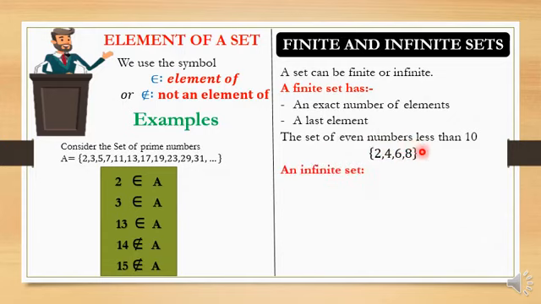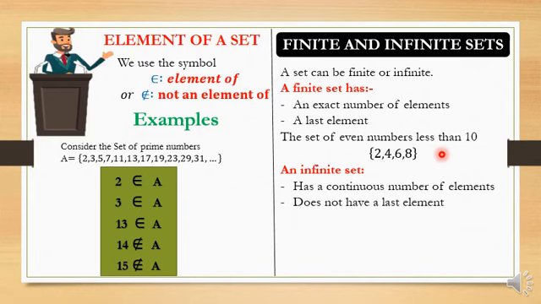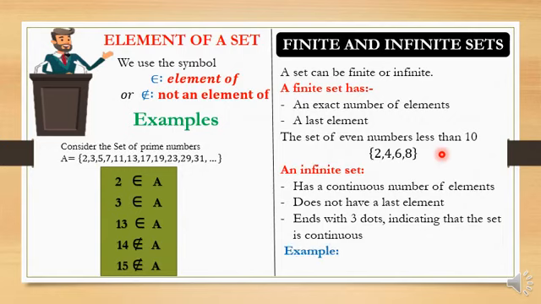Let's look at infinite sets. What is an infinite set? An infinite set has a continuous number of elements, so it has no end. It does not have a last element. Now it ends with 3 dots, and the 3 dots indicate that the set actually continues. So it indicates that the set is continuous. Now for example, let's take the set of numbers,